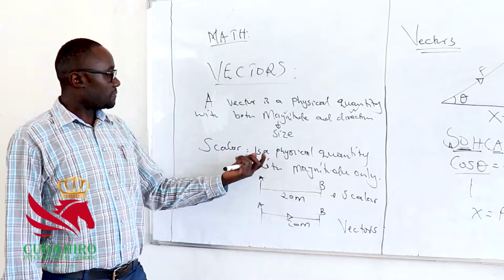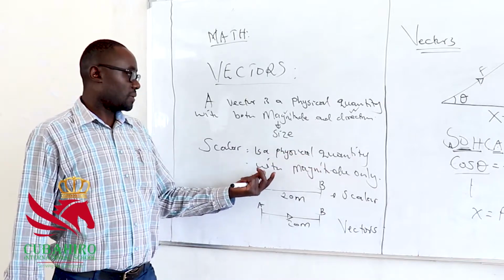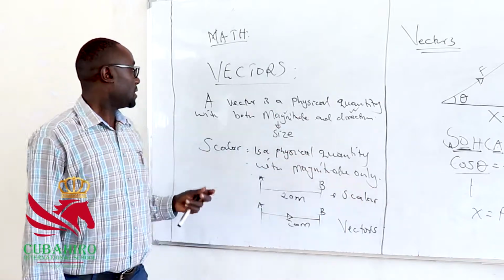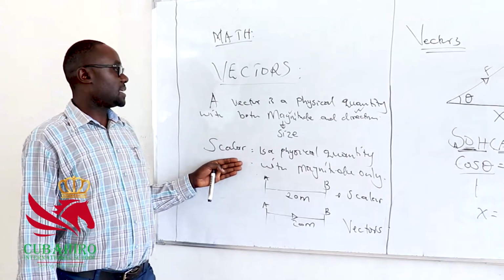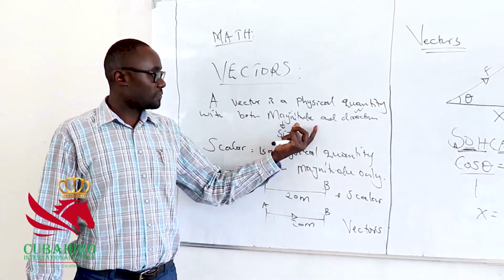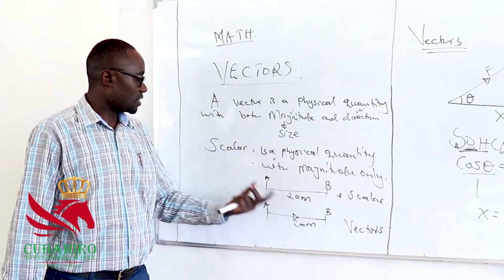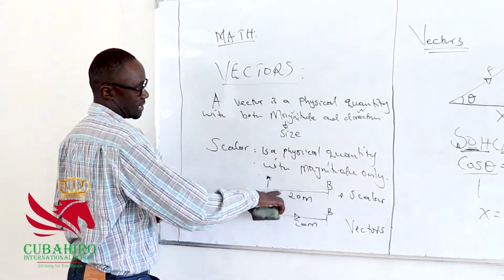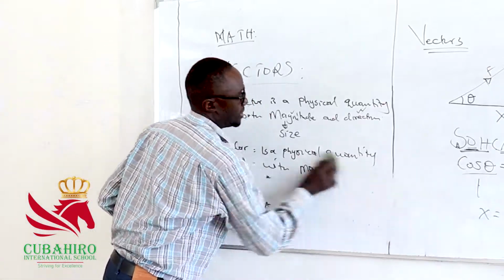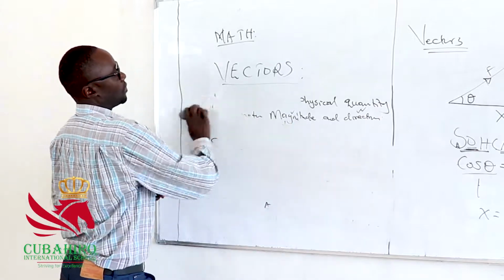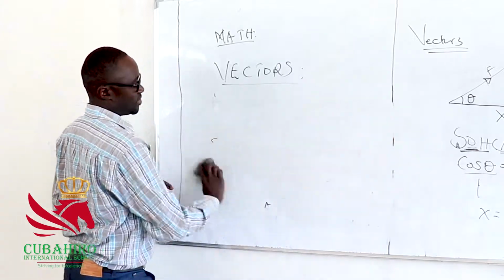A scalar is a quantity with magnitude only. The difference between a scalar and a vector is the sense of direction. For a vector, there must be a sense of direction. This is clearly indicated by the two pegs and those lines down here. Without taking long, ladies and gentlemen,